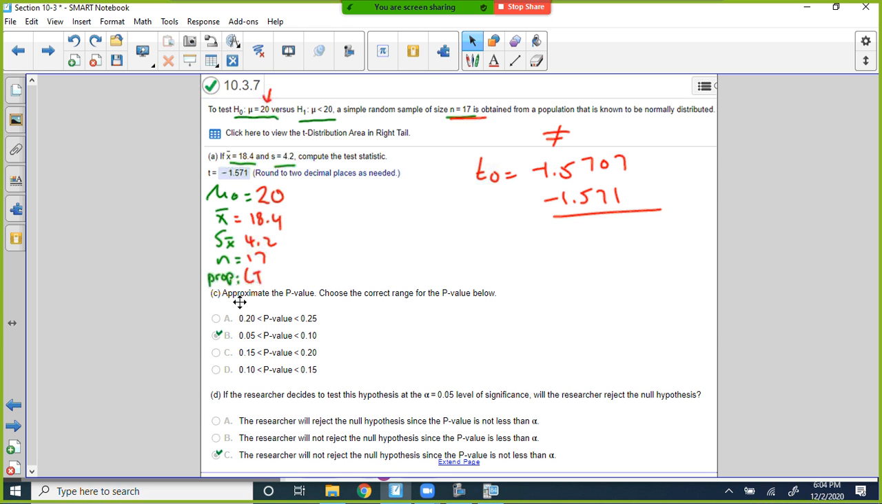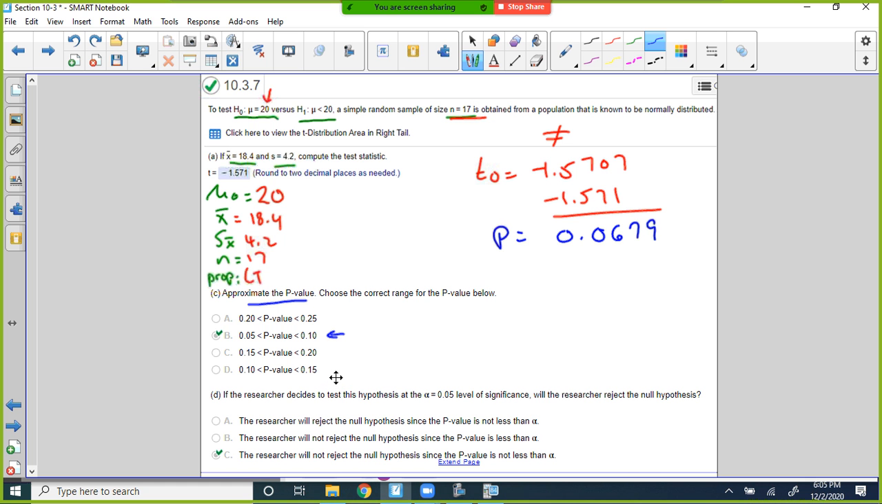Okay. All right. So it's p-value. When we do this test, our p-value happens to be 0.0679. Now, the next question says approximate the p-value. Choose the correct range. Well, they didn't say put it in. They just said which ones it falls between. Well, it falls between these, right? So make sure you pay attention to your decimals, because you could make a simple mistake by just grabbing one, not knowing where it's in between. So just take a step back and go, okay, where is it and which one does it fall